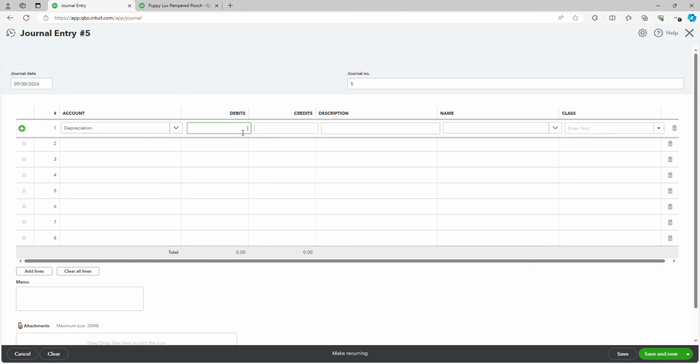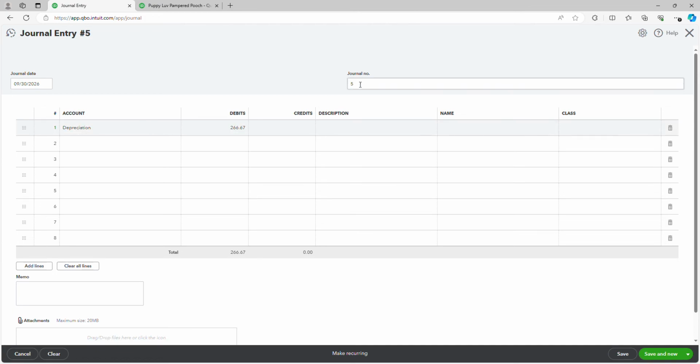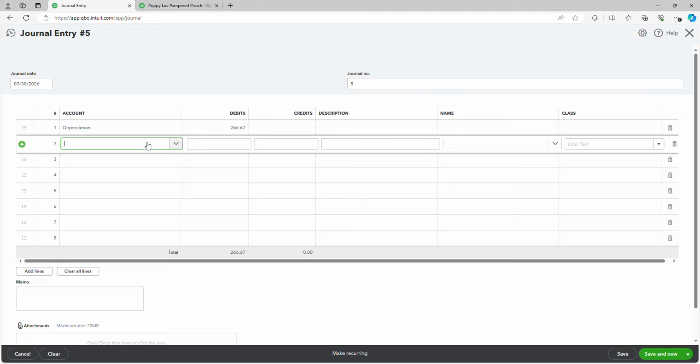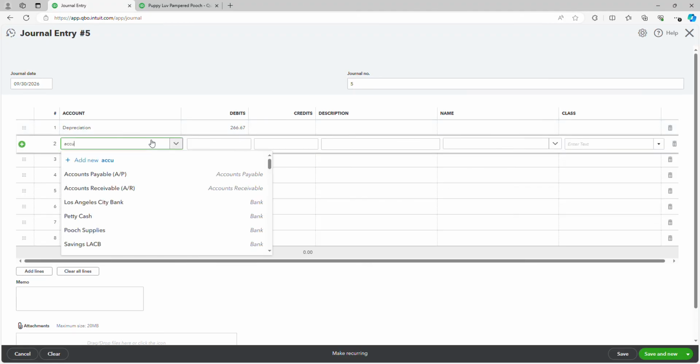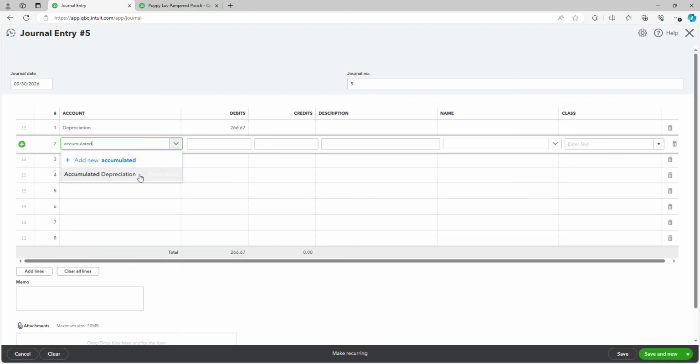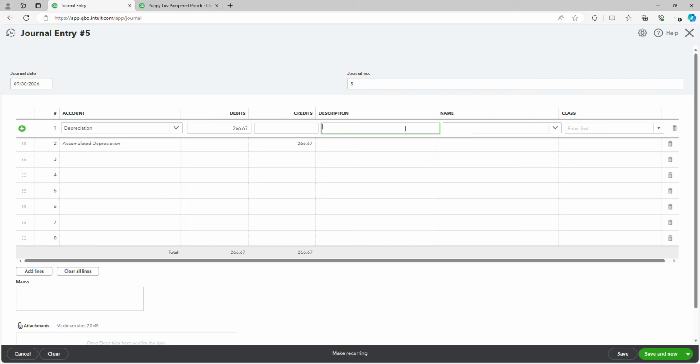And then after you've added the account, the debit that they want you to record is $266.67, and on line 2 is the accumulated depreciation, and that fills in the credits automatically. And then for the description, they want you to type in adjustment for depreciation,